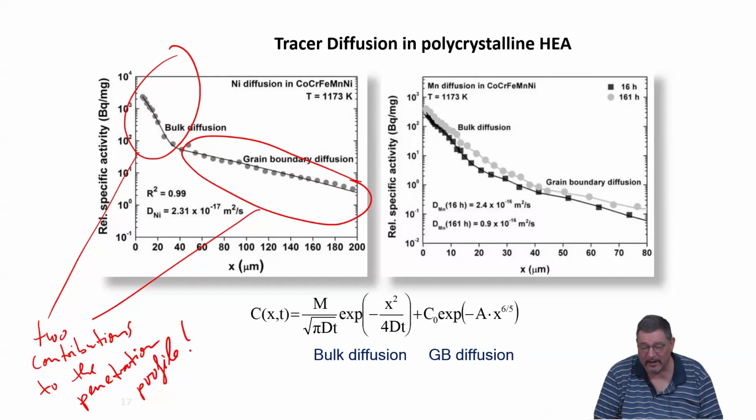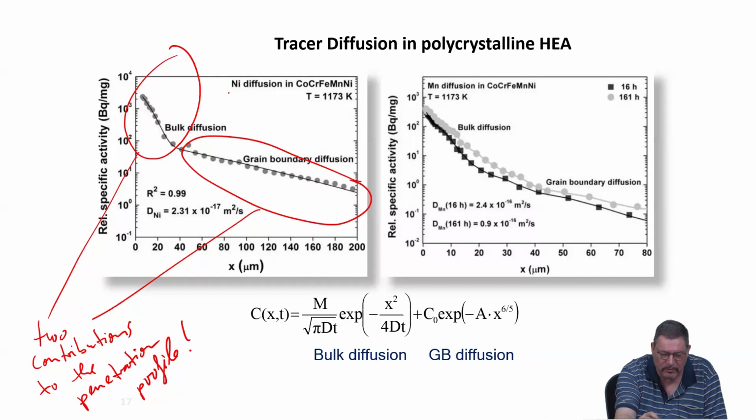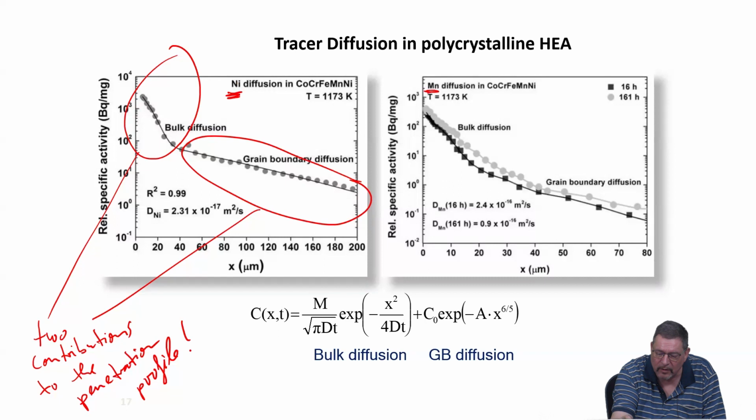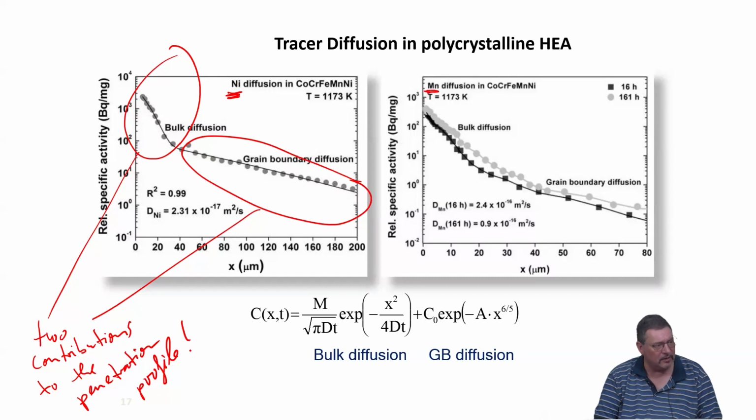And this is done again at constant temperatures, and then for the different constituents separately. So this shows you here the penetration profile of nickel. So you applied nickel as a tracer and did the experiment at one temperature, but then you have to do it also, if you want to be complete, for manganese, for cobalt, for chromium, and for iron. Right? So it means for each temperature, 5 measurements. If you want to get activation enthalpies, 5 measurements times the number of temperatures which you want to check. So it's quite some work,